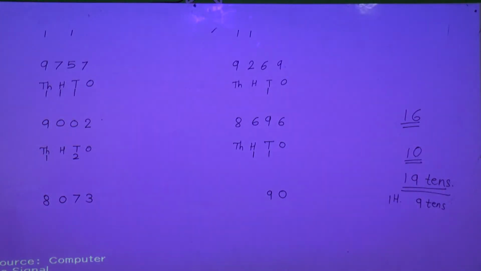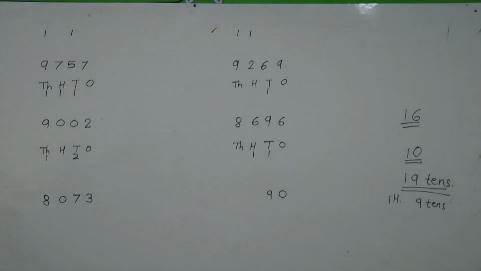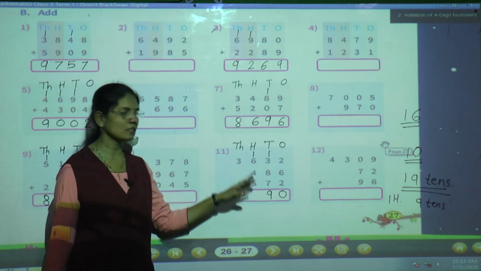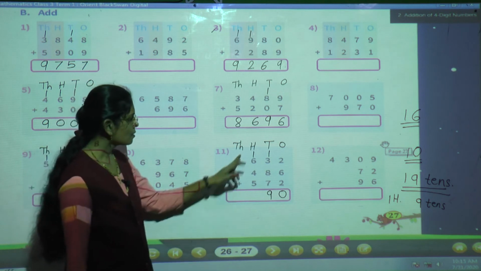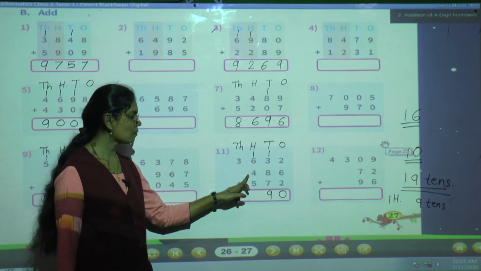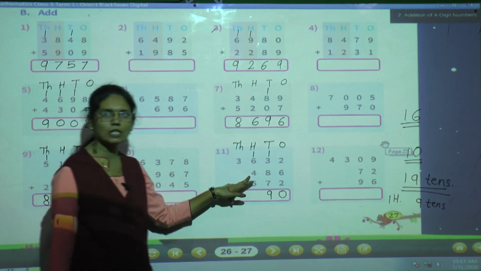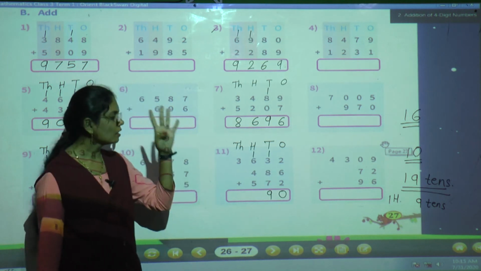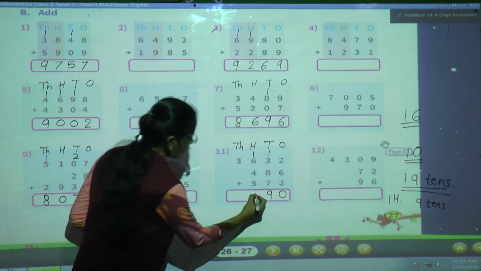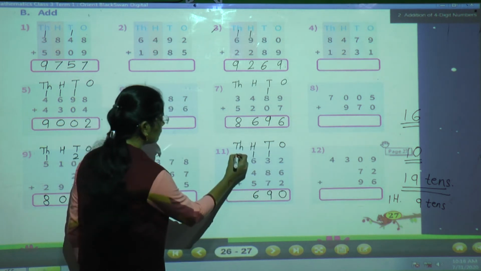Okay. Now see the hundreds place digit. What are the digits at hundreds place? Yes, at hundreds place here 1 plus 6 plus 4 plus 5. These 4 digits are there. Okay. So we will do the addition of these 4 digits. 1 plus 6, 7. 7 plus 4. Yes, after 7 count 4 fingers: 8, 9, 10, 11. So 11 plus 5, 16. So we will write 6 here and 1 we will give as a